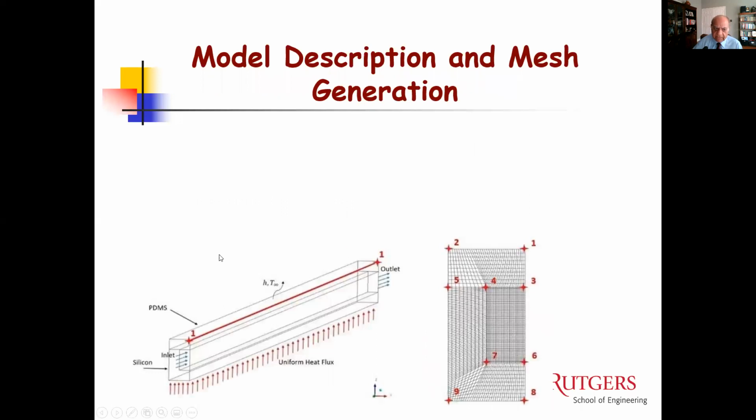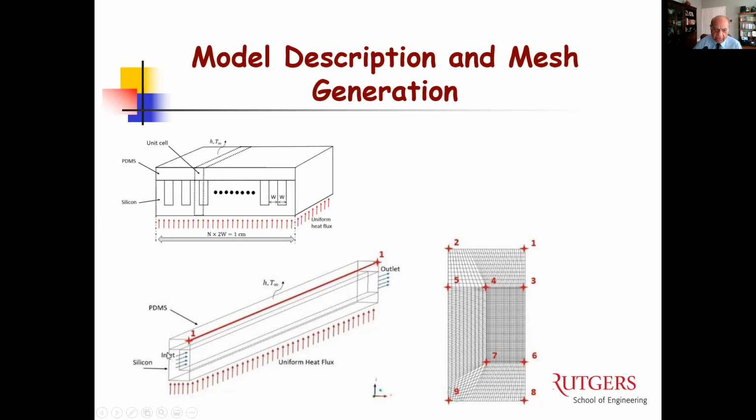The basic model is a single channel, which you see here. And on this single channel, many points have been chosen, largely to look for the hotspot, where the hotspot occurs, what the value is, and so on. And you can have a grid which can be made to solve for the single channel.